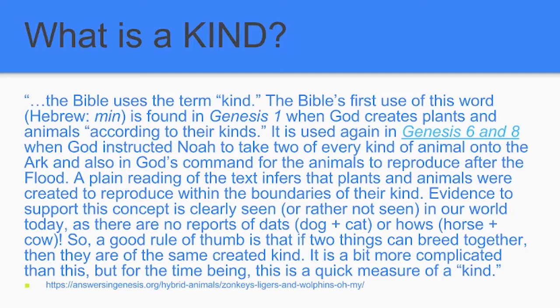their kind. Evidence to support this concept is clearly seen, or rather not seen, in our world today, as there are no reports of a dog and cat, or a horse and cow breeding. So a good rule of thumb is that if 2 things can breed together, then they are of the same created kind. It's a bit more complicated than this, but for the time being, this is a quick measure of